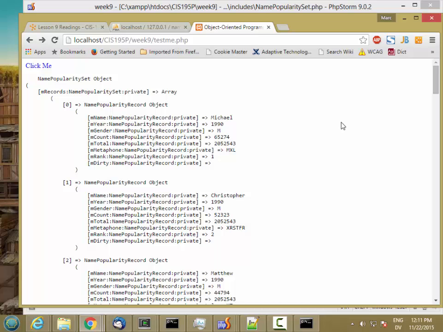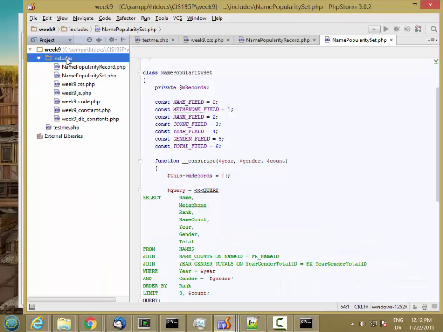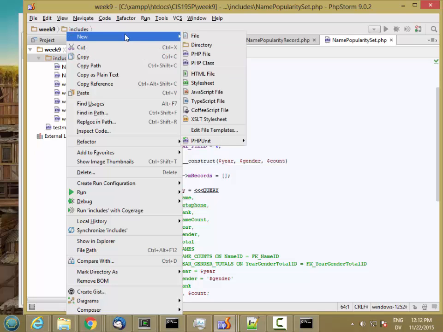Now let's create a bar chart class to display this data. I'm going to do this in a couple of steps. The first step is to create a bar chart that just works for this particular data set. And then I'm going to try to generalize it so that you can make different kinds of bar charts more easily. So I'm going to go back to my project, and I'm going to right-click on Includes and create